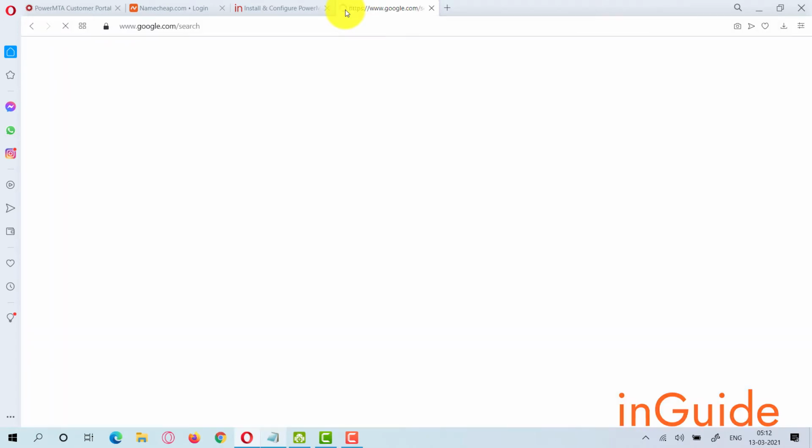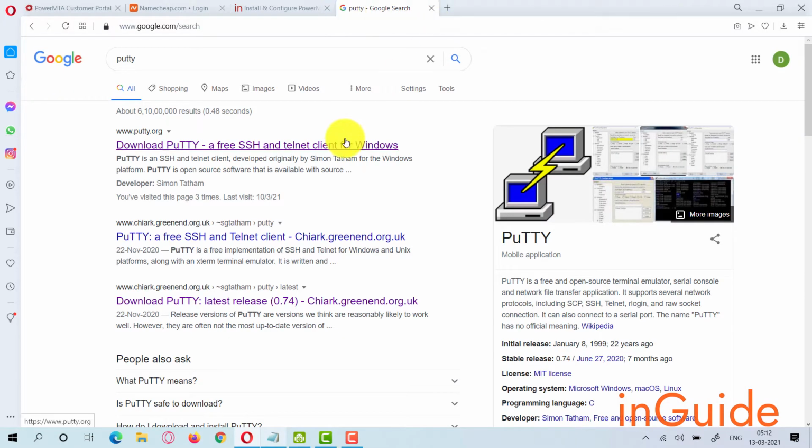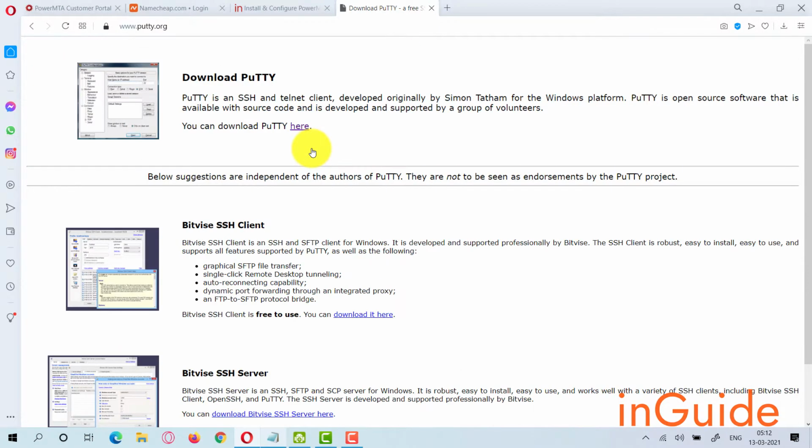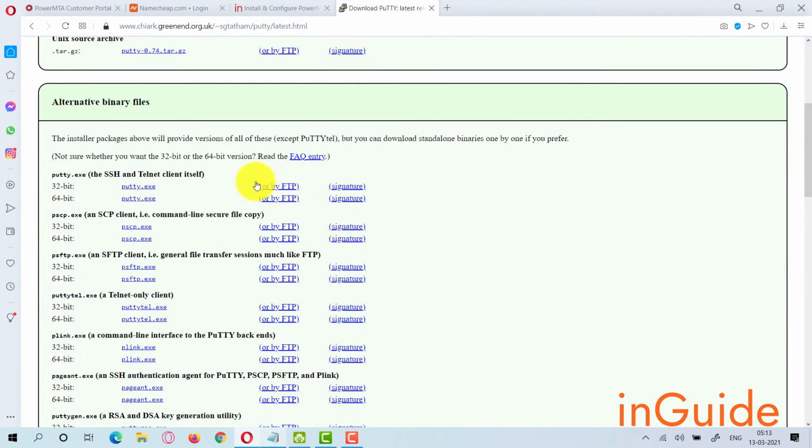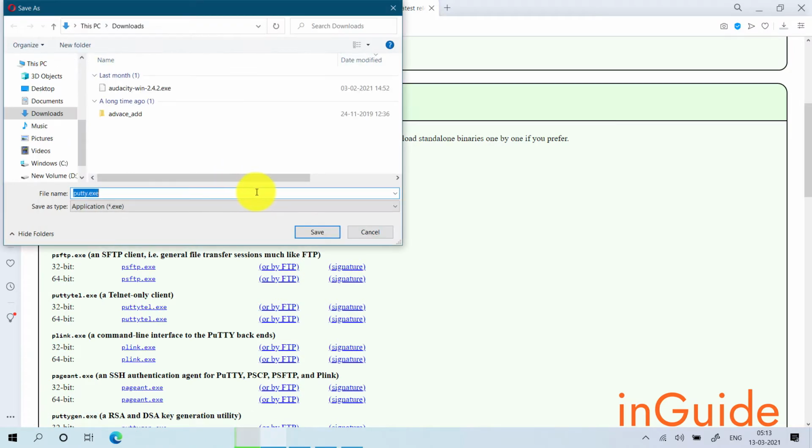So let's go to PuTTY and download it first. It's lightweight and free, so you can download it easily. Now look for 32-bit or 64-bit according to your computer. My computer is 64-bit, so I am going to download this.